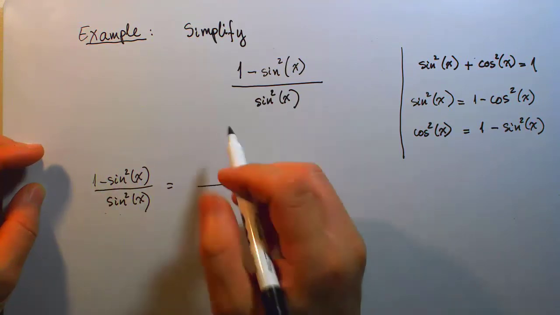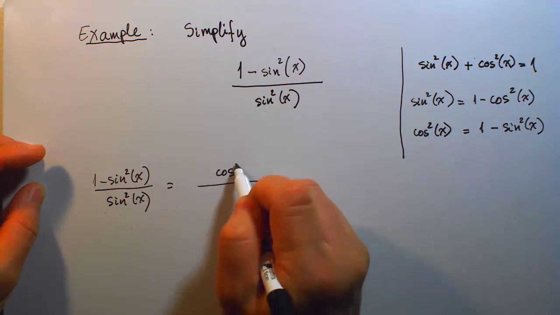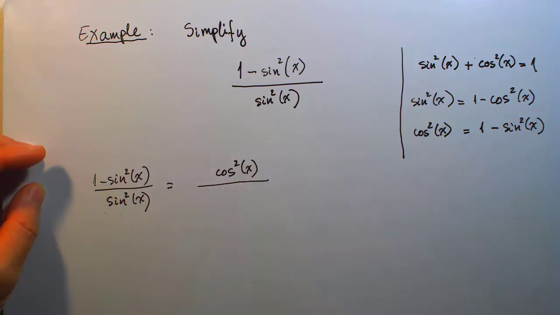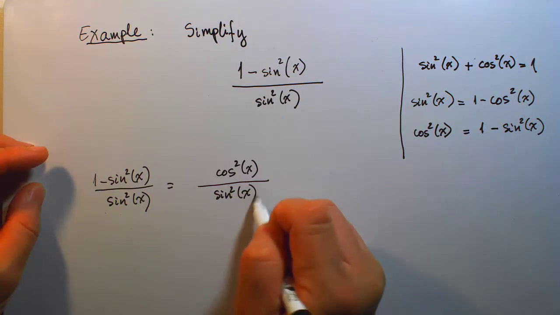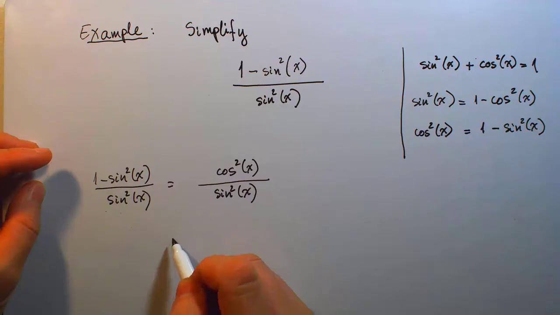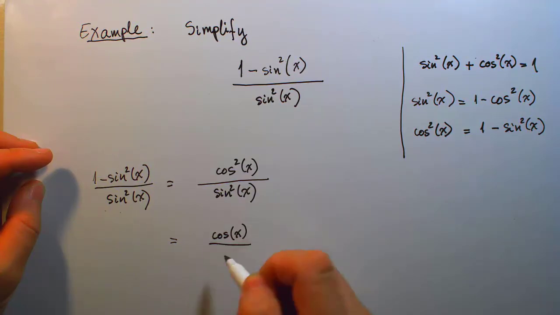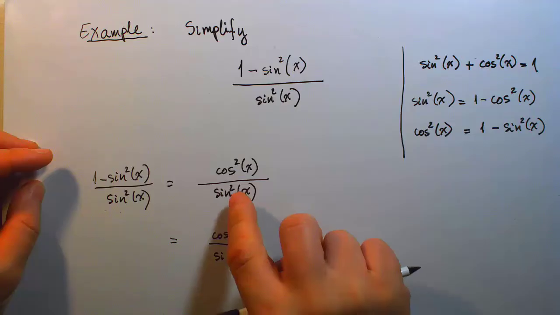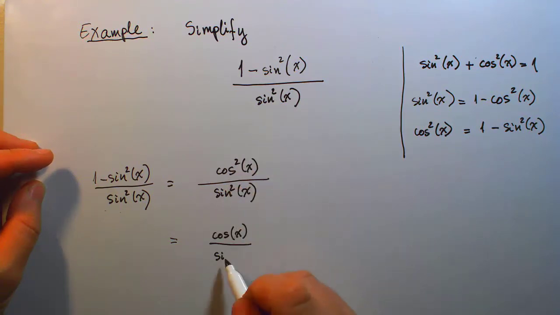1 minus sine square is the same as we just learned here. So now we can turn that into cosine square of x over sine square of x. And that becomes, maybe let me do this one more step here. If we recognize that there are two like powers here, square and square in the numerator and the denominator, I'm going to rewrite it as